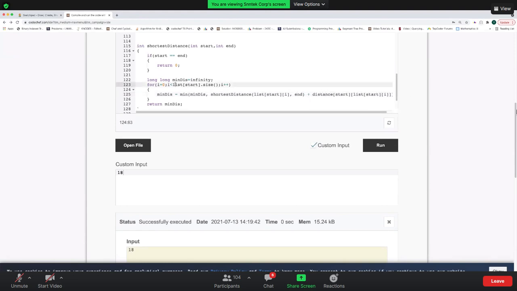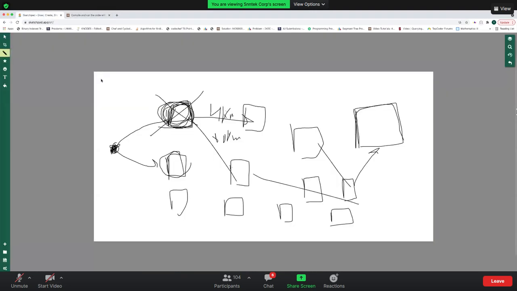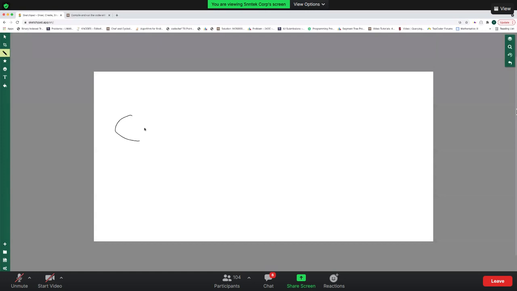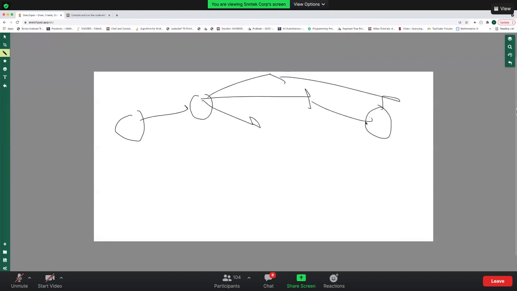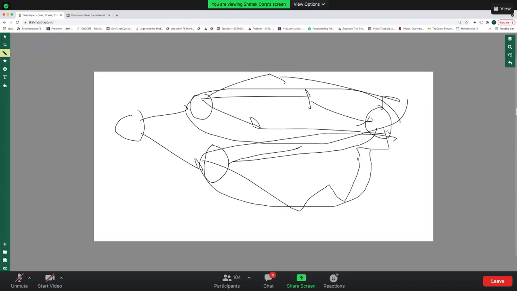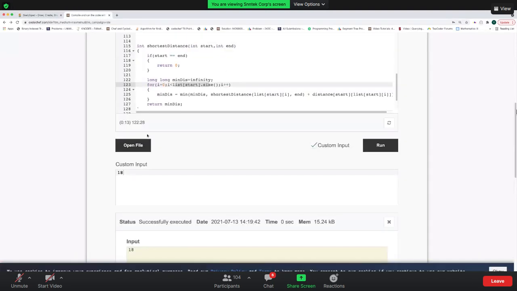Then I can pick the second start. So in this case, what will happen is, I want to go from start to end. I can pick one of the start positions. I'll explore all the possible paths to go to end. I'll pick the minimum of all of them. Then I'll pick the second start position. I'll find all the ways to go to end. And I'll take the minimum of all of them. And finally, I'll return the minimum of all of them.